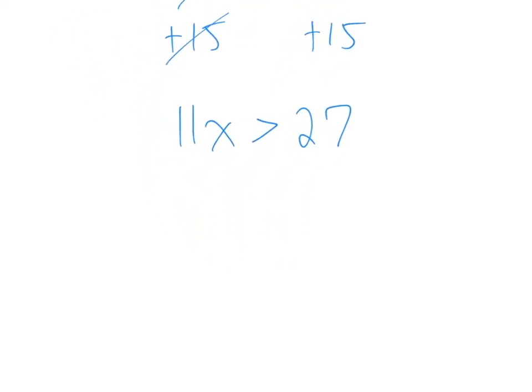And now we have the x's on one side, the constants on the other side, but now we need to get x all by itself. So how do we undo multiplying by 11? We're going to divide by 11 on both sides. X is going to be greater than